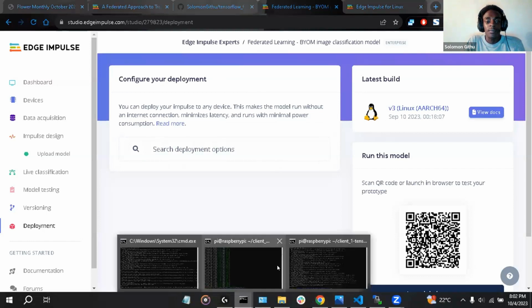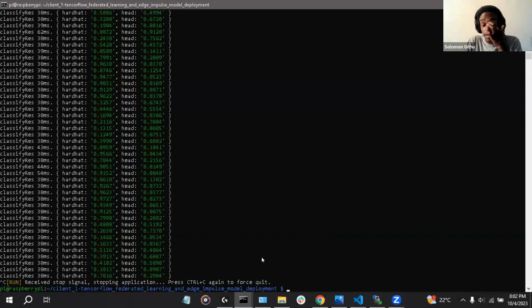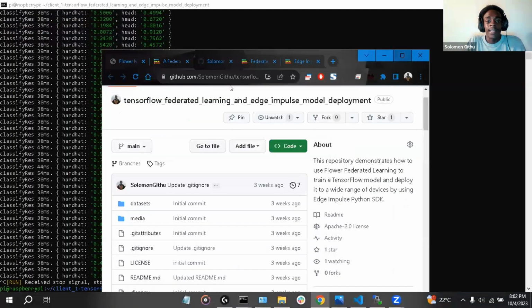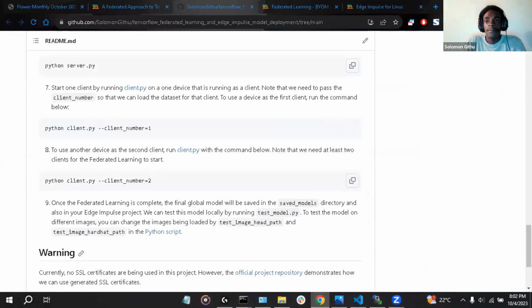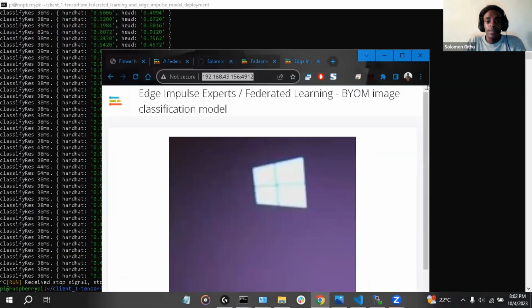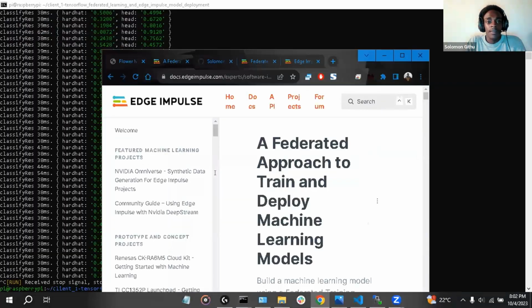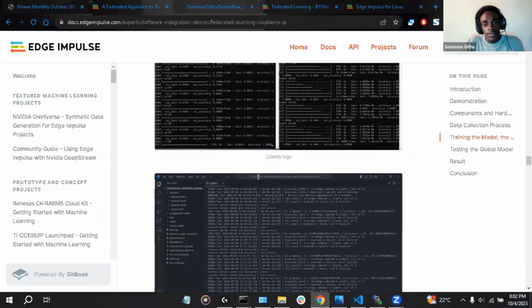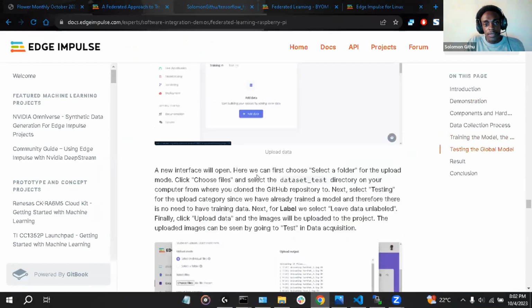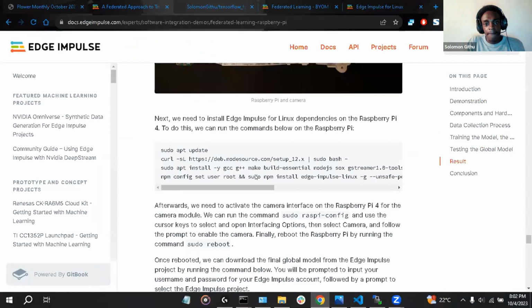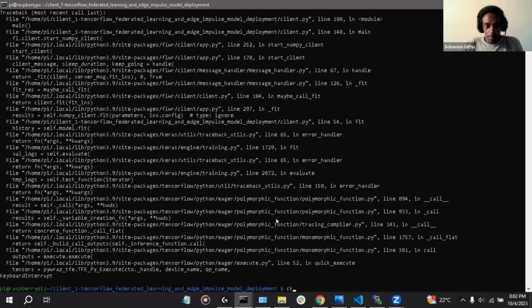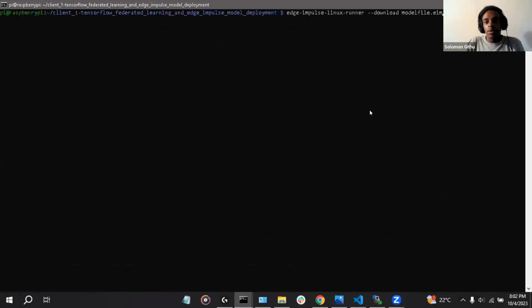So on the Raspberry Pi, I have installed Edge Impulse for Linux. If we want to download a model from Edge Impulse, I can run this command to download our model.